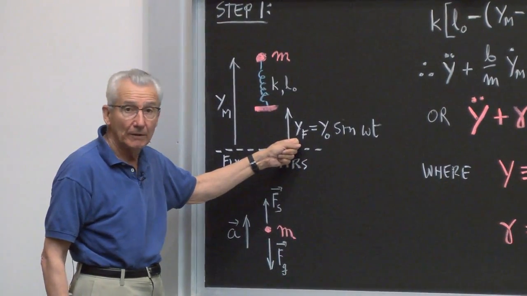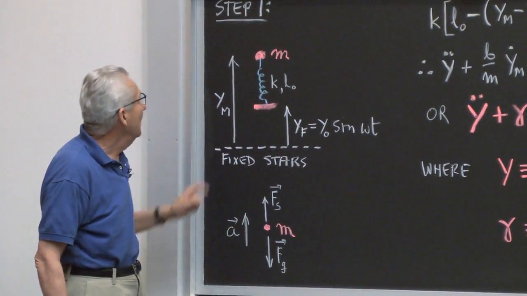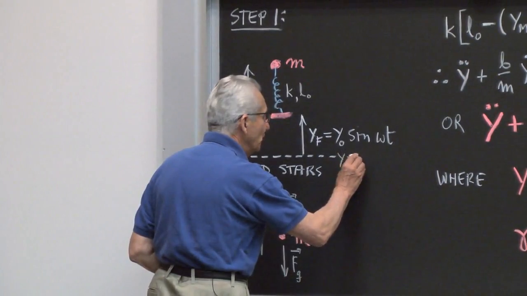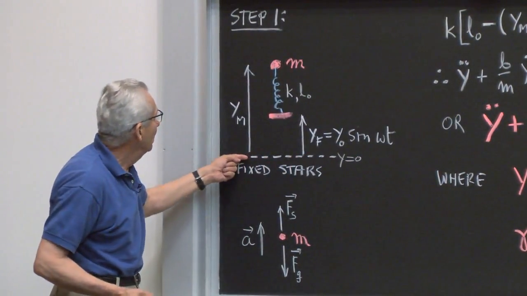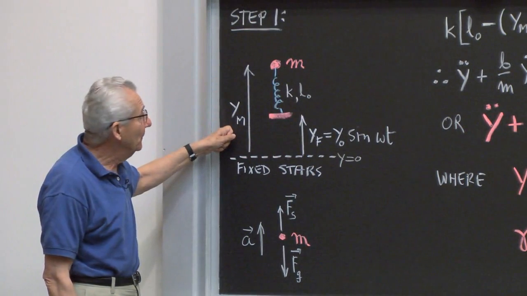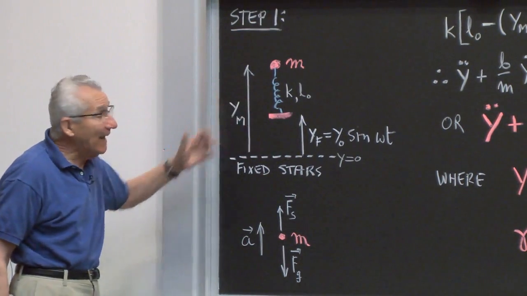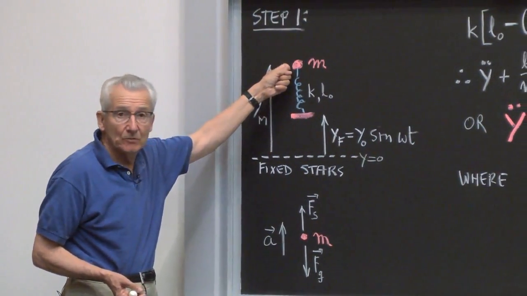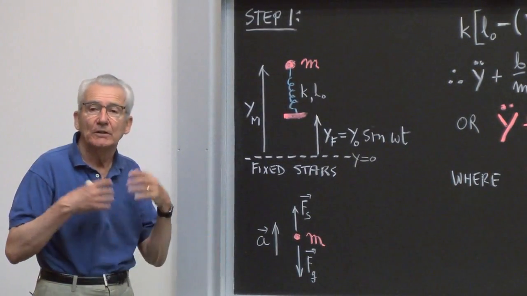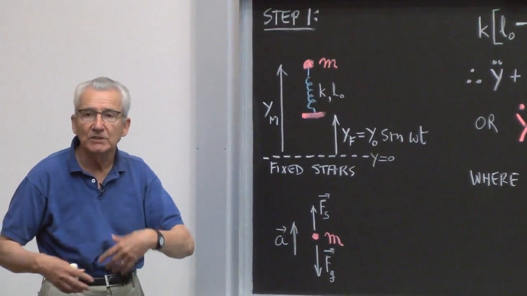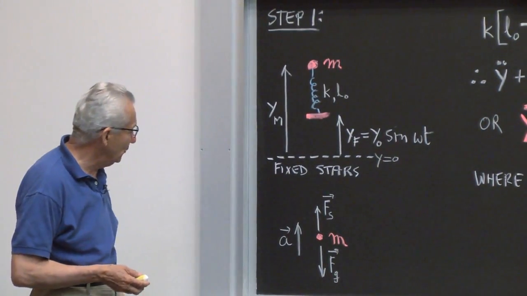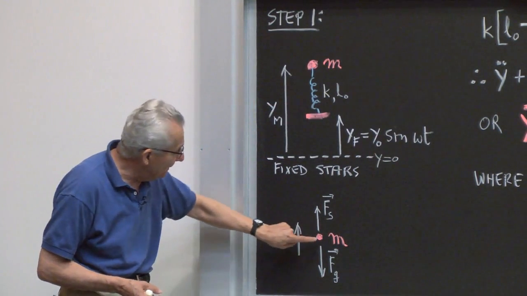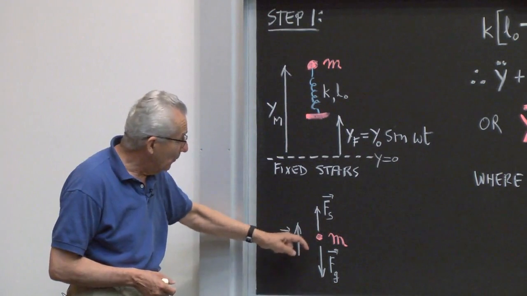So this is the position of the floor at time t. The mass, relative to this, which I defined as my y equals 0, is at position y of m. Okay? So this now is again a problem in dynamics. A mass with forces acting on it, what is the acceleration and what is the solution of the dynamic equation, the equation of motion. So the force diagram or free body diagram is a point mass m with a force